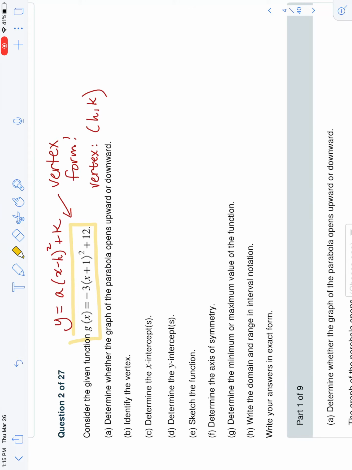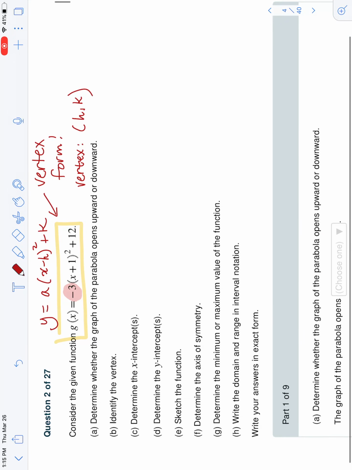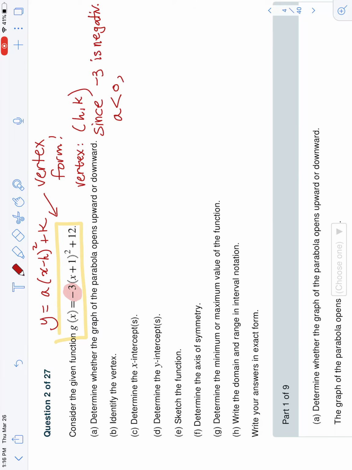But first, they're asking whether this parabola opens upward or downward. What do you think? In order for you to tell whether it opens upward or downward, you have to look at the a value. Notice a is negative, right? So, because a is -3, which is negative, or just say a is less than 0, we know this graph, g of x, opens